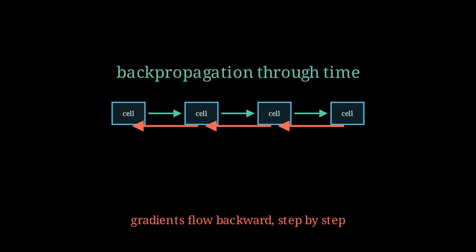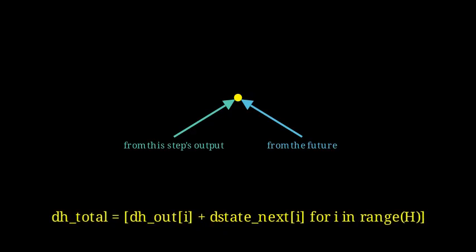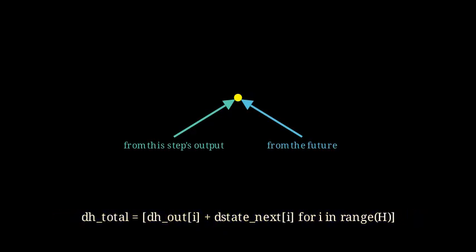And that plus sign is the whole trick. That merge is the whole of backpropagation through time. You can read it straight off the code. The total gradient on the state is this step's output gradient plus the gradient handed back from the next step. Everything else is the chain rule you already had. How the gradients actually flow in full is its own from-scratch series coming later. For today, hold on to that sum, 2 arrows meeting at every step, one from the present, one from the